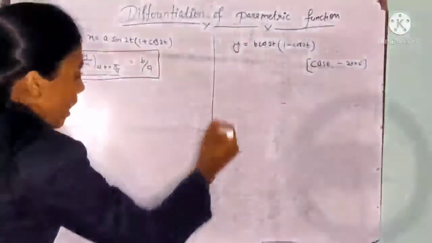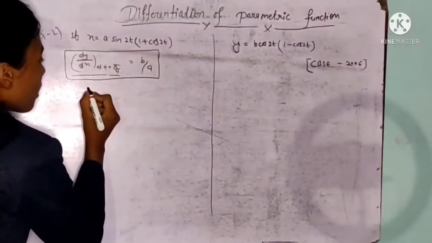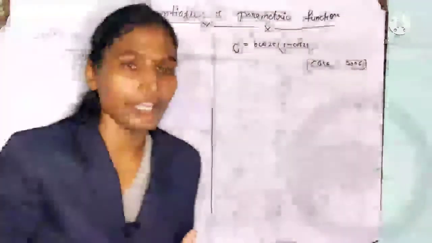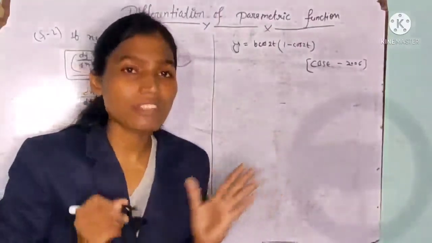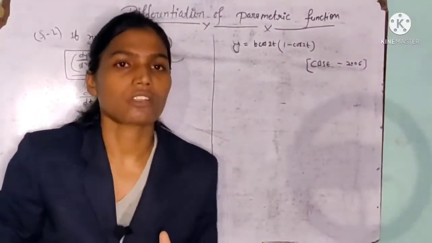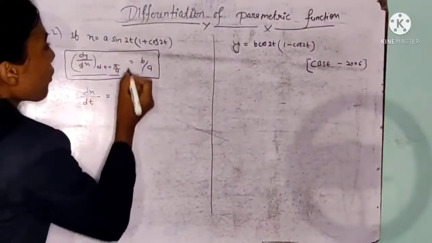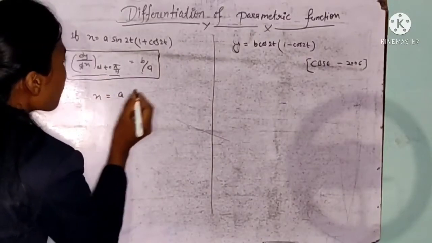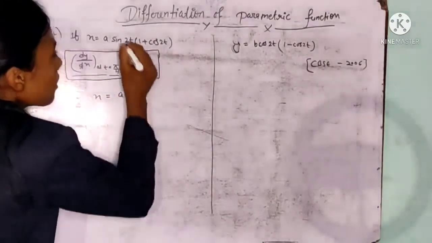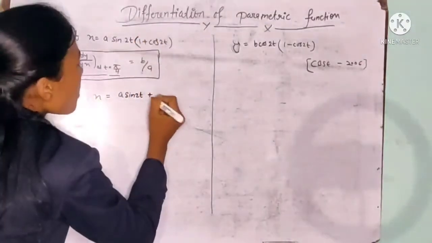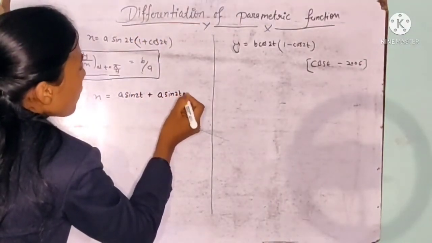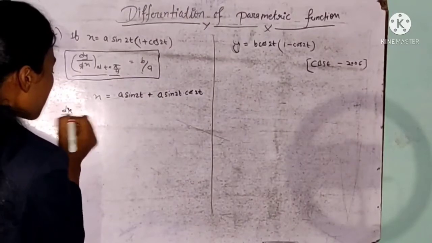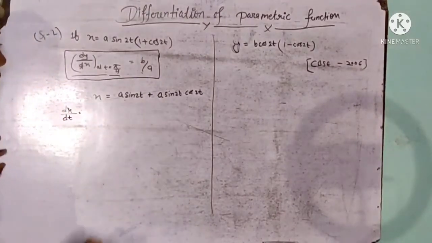Again the same approach is applied here. What is that approach? dx upon dt. So differentiate x with respect to t. Why? Because our variable is t, so t is common to these two functions. Now, dx by dt, what happened? We just separate this function first. The given function x is equal to a sine 2t, multiplying inside, plus a sine 2t into cos of 2t. Next, what happened? Differentiate dx upon dt, x with respect to t.